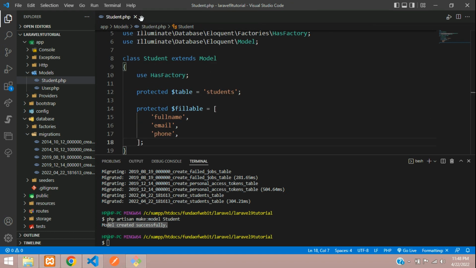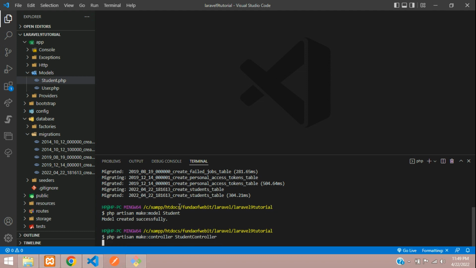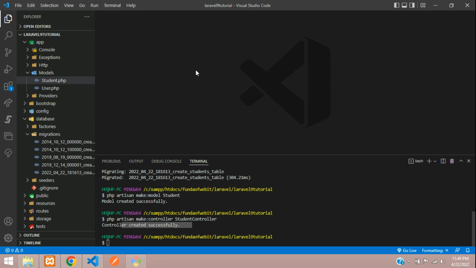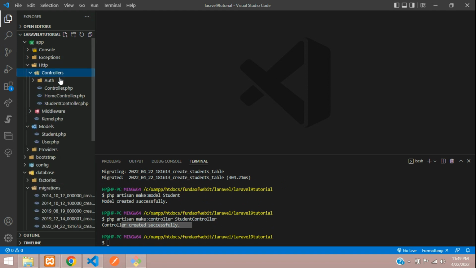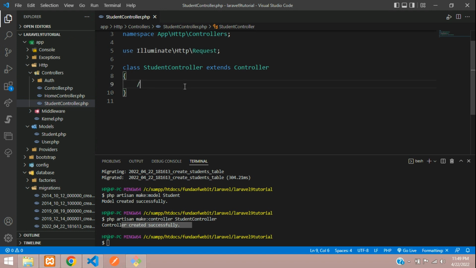Let's close this. Now let's create one controller for this. php artisan make:controller StudentController. Hit enter. Controller created successfully. Let's go to app/Http/Controllers, where StudentController is. Now let's create a public function called index, where you are going to view the output. Return view